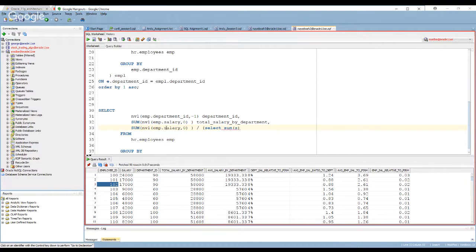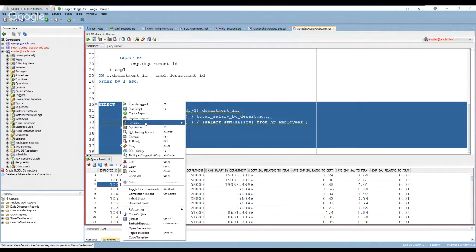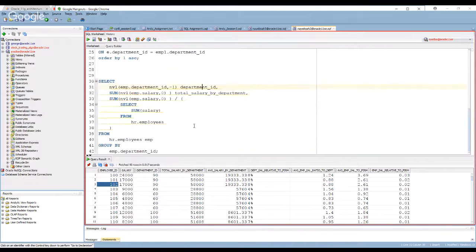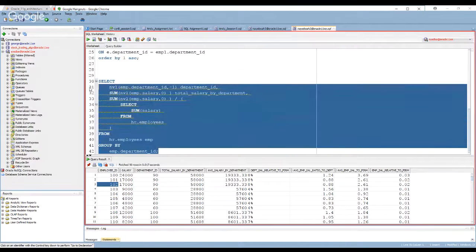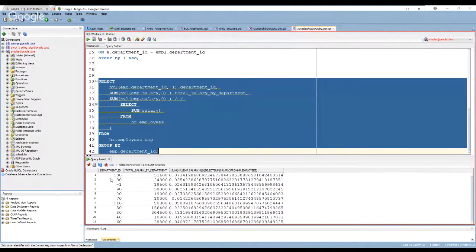Select sum salary from... Let me just format it so that it looks nice. This first piece here should show for each department the total salary and that salary relative to the entire firm.